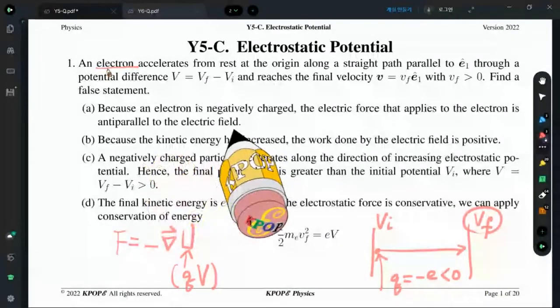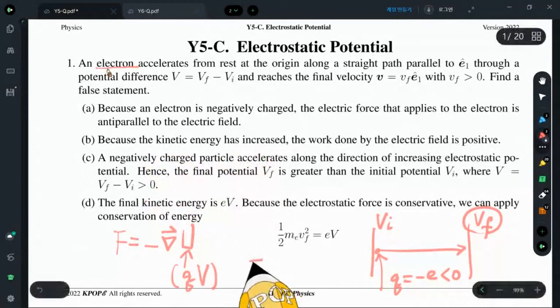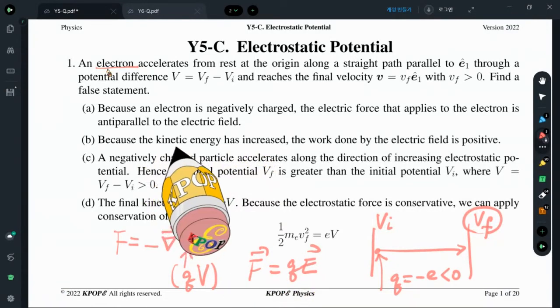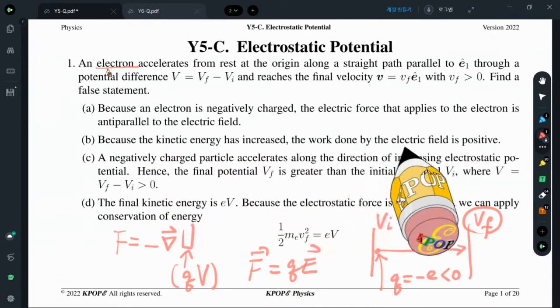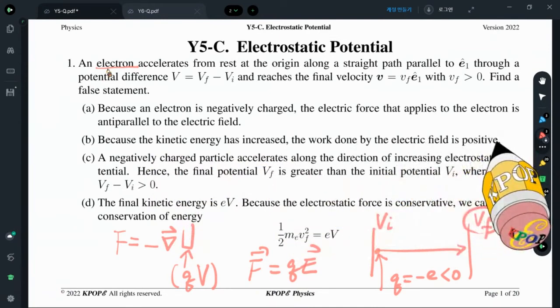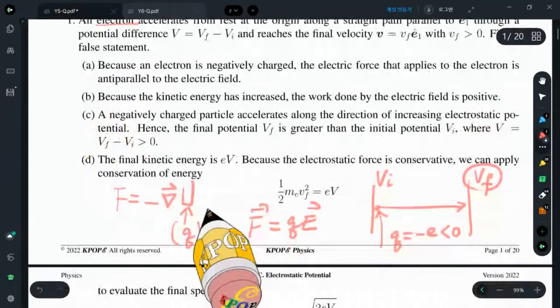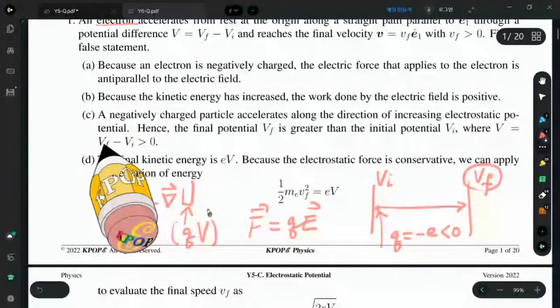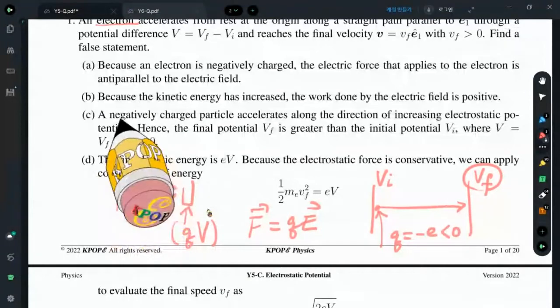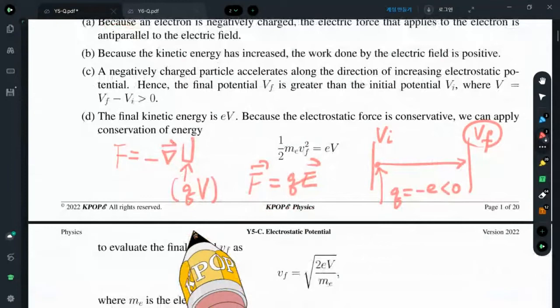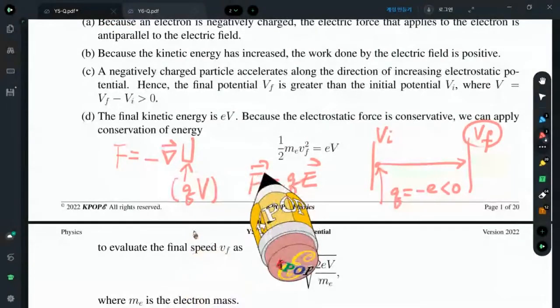So the motion is anti-parallel to the electric field: F equals QE, and Q is negative. Force is opposite to the electric field. The kinetic energy has increased. The work done by the electric field is positive. This is because of the work-kinetic energy theorem. And V final is always greater than the initial because it is a negatively charged particle. The work-kinetic energy theorem states that